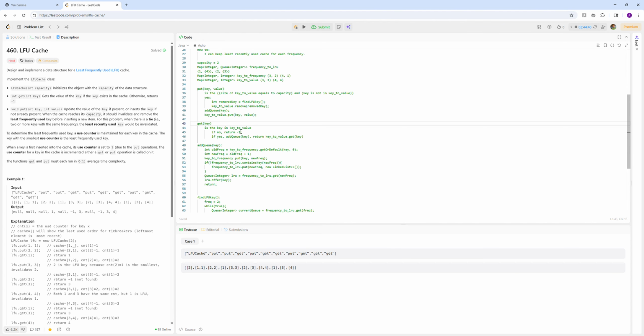Is K indicate value? Yes. Add to K Q3. Old frequency of 3 is 2. New frequency is 3. Put 3 to 3 K to frequency. If it contains K new frequency, frequency to LRU that contains K new frequency. No, there is no Q with 3. Yes, put new linked list